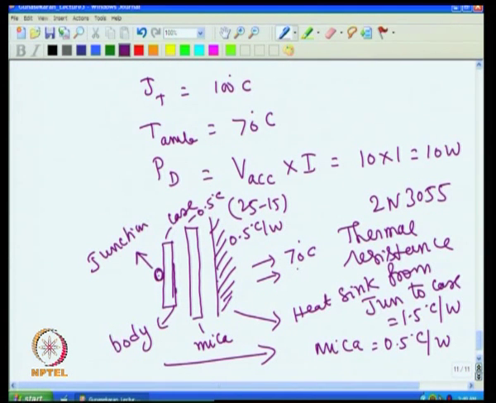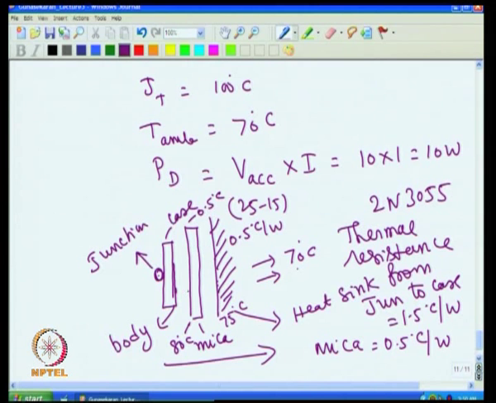So, for example, in the 10 watt dissipation case, this is 0.5 degree, this is 70. So, 10 watt is dissipated, and for every 1 watt there is 0.5 degree. That means for 10 watt it will be 5 degree higher, that means this will go to 75 degree. That is, then only 10 watt will go, because this dissipation is 0.5 degrees C per watt. So, to dissipate 10 watt, you need to have 5 degree higher than the ambient, then this has to be 5 degree higher again, because here again there is 0.5 degree temperature difference. So, 10 watt is going, so this will go to 80 degree.